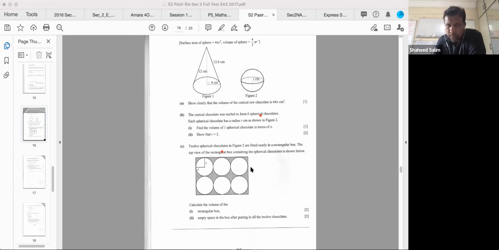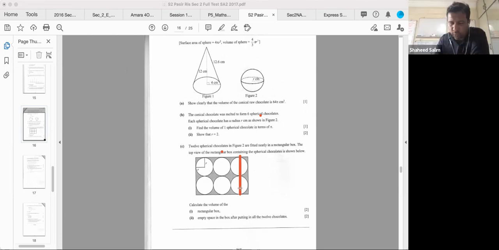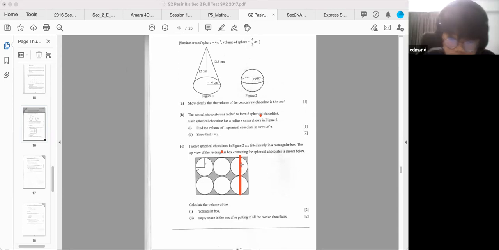Top view. This is a top view. The breadth will be 2, 2, 2, 2. Right? So down here you have the radius. So the breadth will be, this is a top view. From here to here you have 2 plus 2, 4, 4 plus 4, 8. This is the top view. Okay, you get it? They tell you it's a top view, right? Yeah. So that means